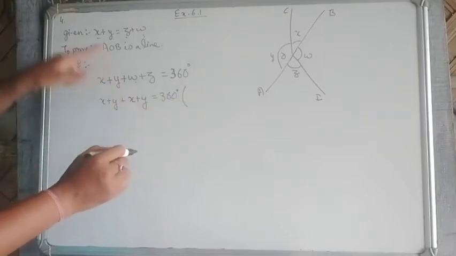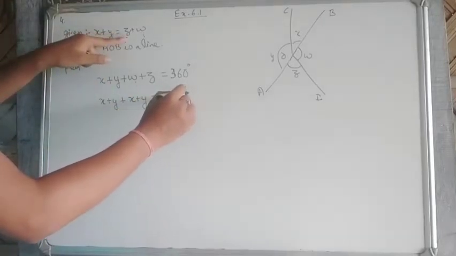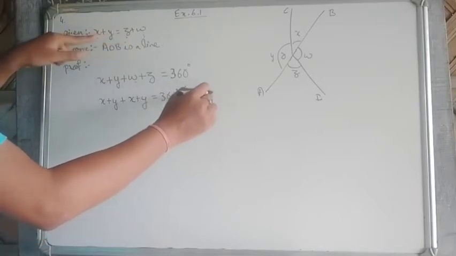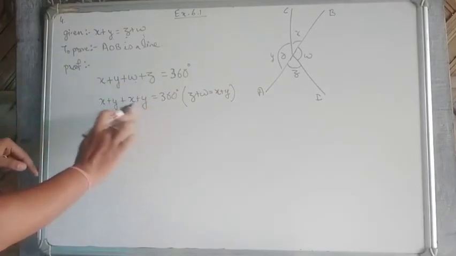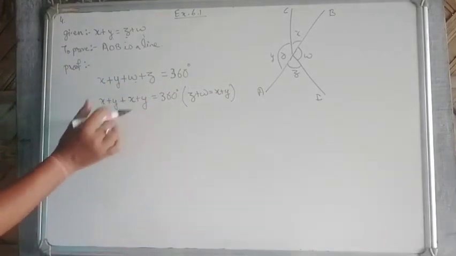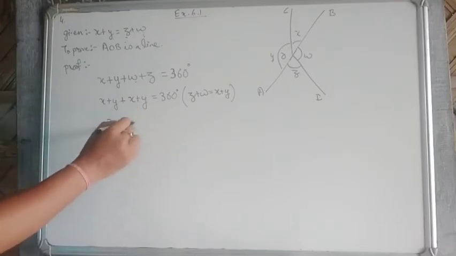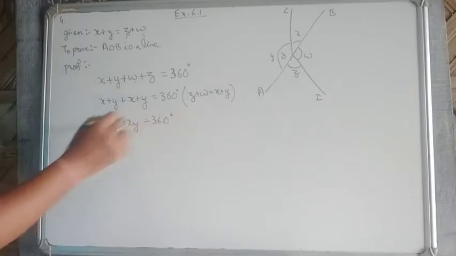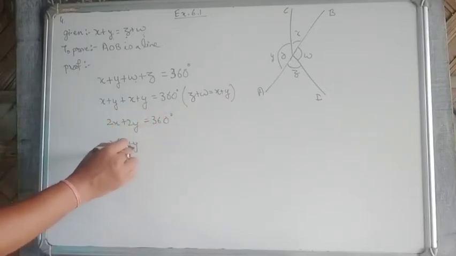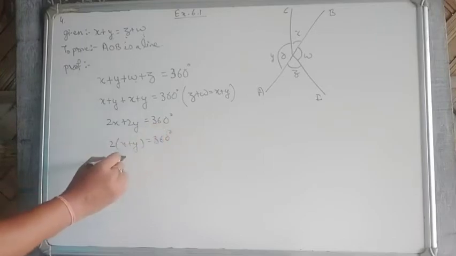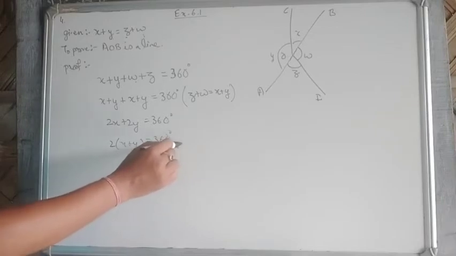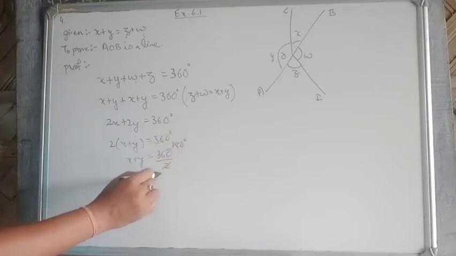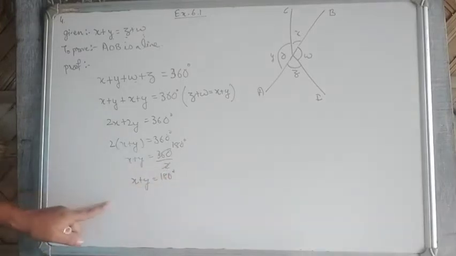Why can we write this? Because Z plus W is equal to how much? X plus Y. So this Z plus W is our X plus Y. So then 2X plus 2Y is equal to 360, or 2 we can take common: 2 times X plus Y is equal to 360, or X plus Y equal to 360 by 2. It is 180 degree. So X plus Y is equal to 180 degree. So this is how we proved X plus Y is 180 degree. So therefore